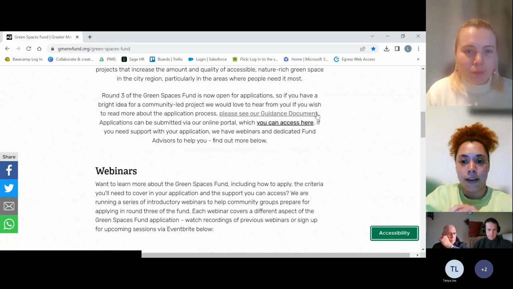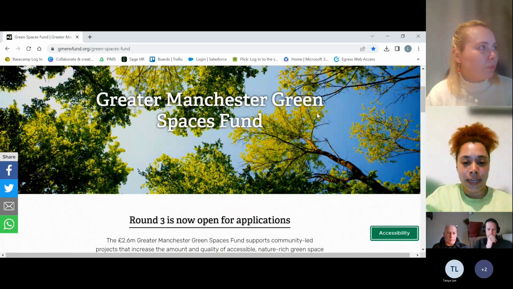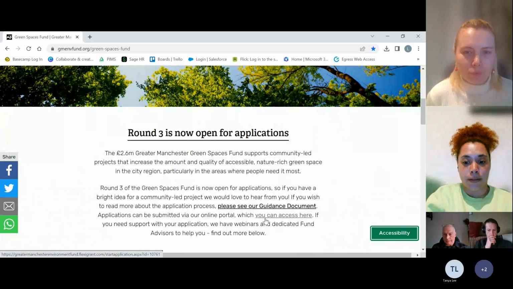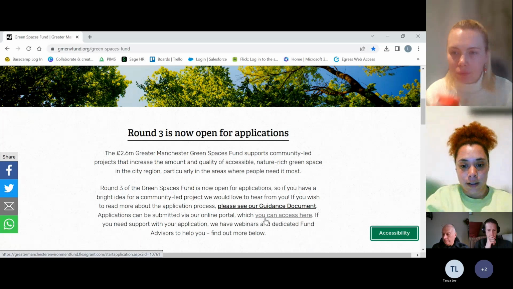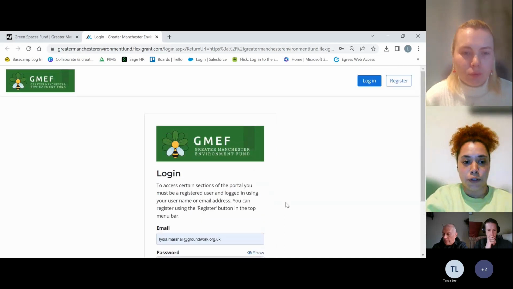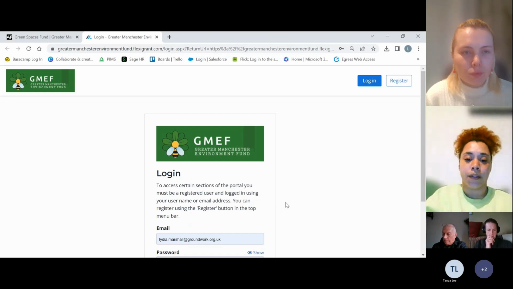So you may all be familiar with the GSF website. This is it. And to get to the portal, it is just this kind of hidden little link here where it says you can access here. So if you just click these words here, you're taken to another tab with the portal. I'm just going to go through and show you how to create your account and what the portal looks like, so you're all familiar with it. And like Amy said before, this will go on the website afterwards. So if you start it and you forget everything that I say, don't worry, you'll have time to revert back. And once I've done this, I'll pause for questions